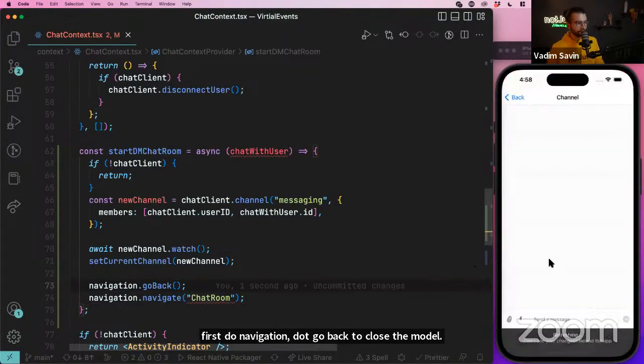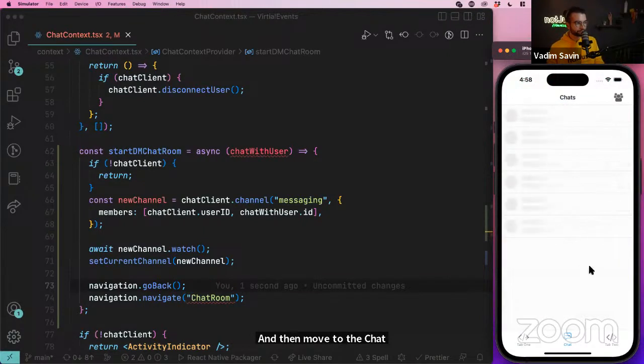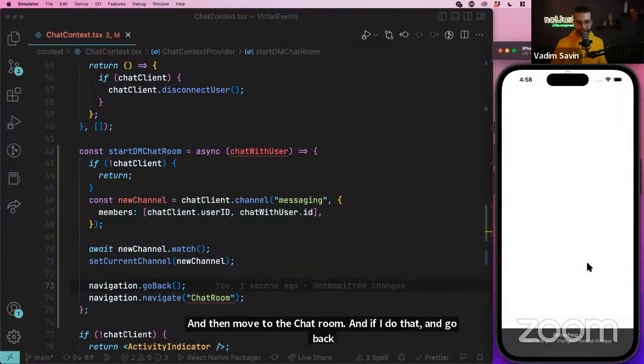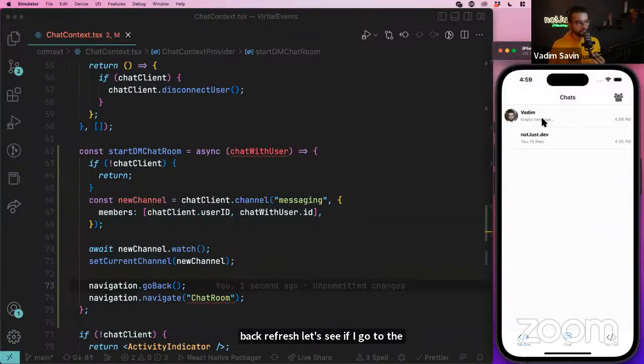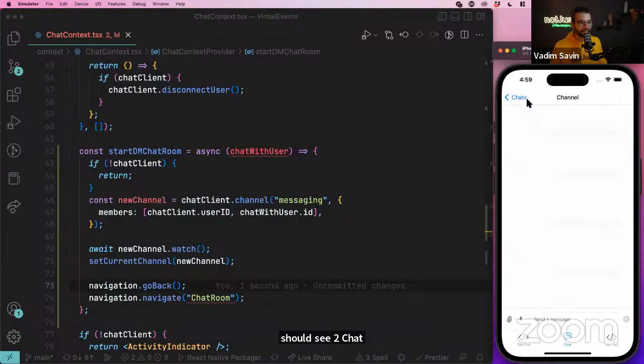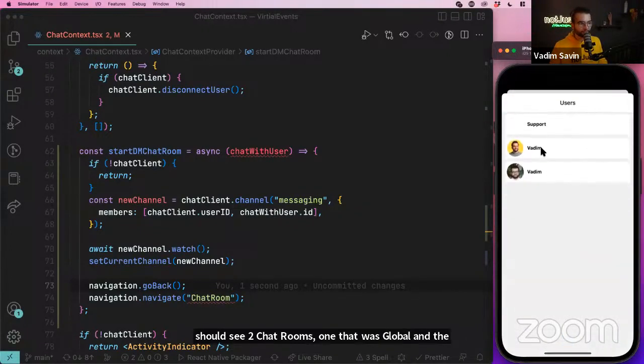And if I do that and go back, refresh, let's see. If I go to the chats, now I should see two chat rooms, one that was global and the second one that we just created. And if I create new chat rooms with new users, this is actually me, I think, and I cannot do that. But if I go to support,